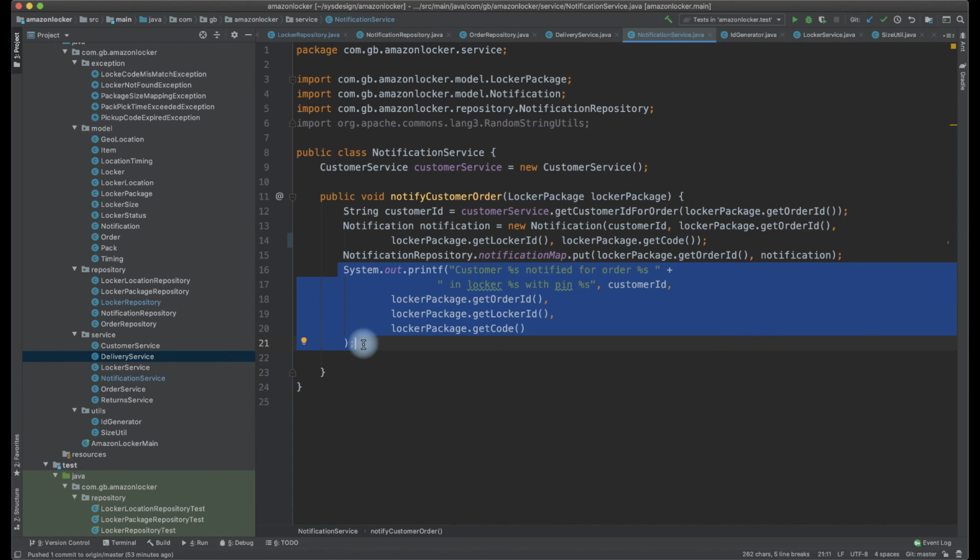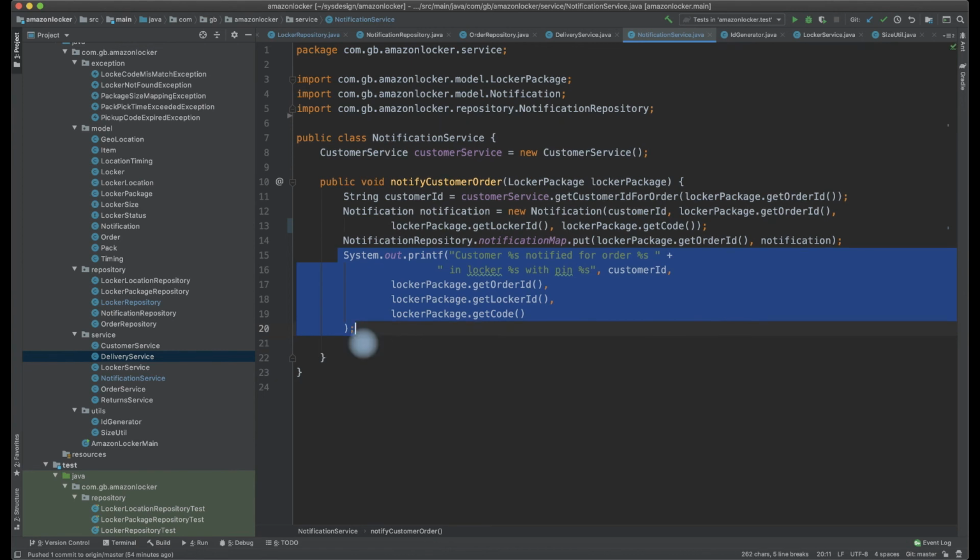In the real world, there will be a separate notification service. We might want to send the notification to them and specify the types of notifications, or pass on the types of notification which the customer has subscribed to. They might have subscribed for notifications via SMS, email, or push notification, or they might want a chat channel where they want to get notified because they might be sitting in front of the machine all the time. So those notifications will all be sent. That is an assumption that we are making.